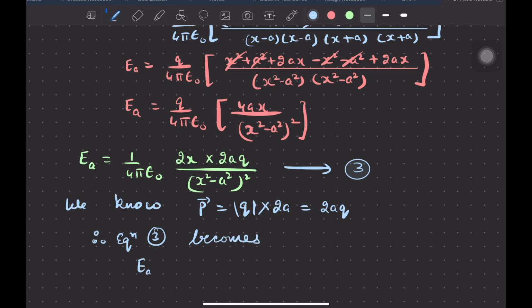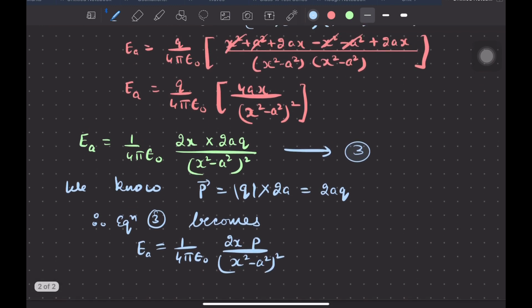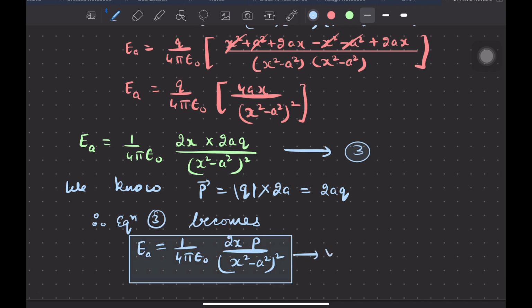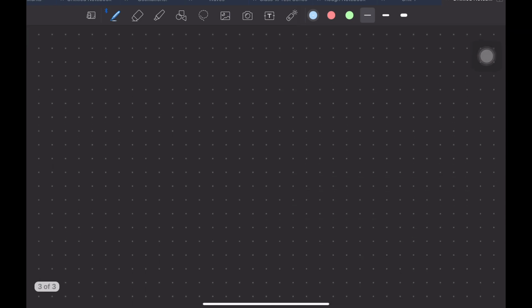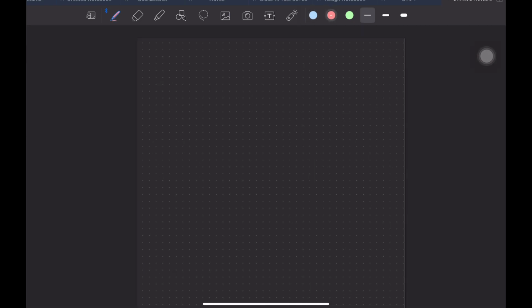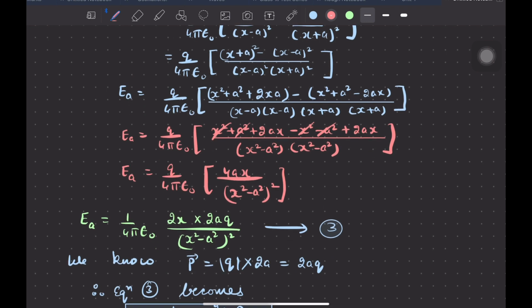1 upon 4 pi epsilon naught, 2x p upon (x square minus a square) whole square, and we will put it as equation number 4. So this is our equation number 4. Now, as we have written down equation number 4,